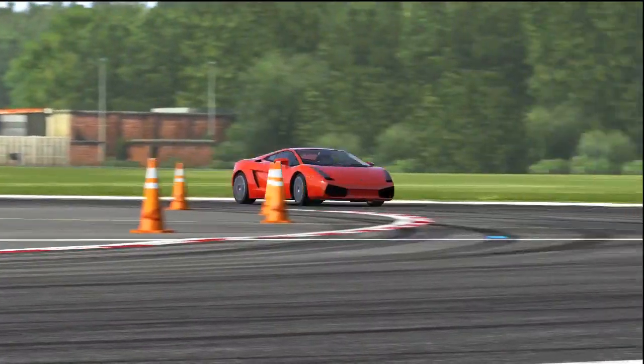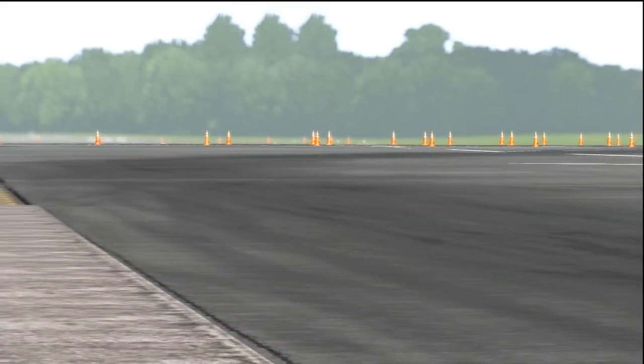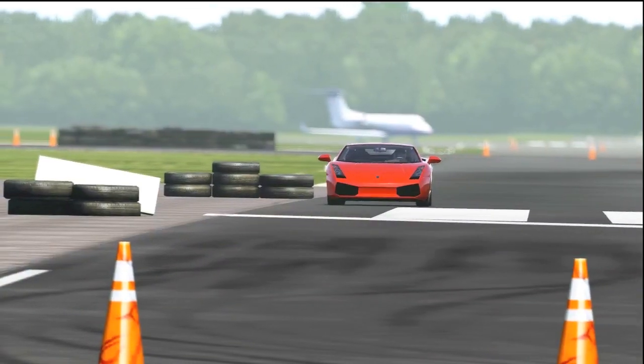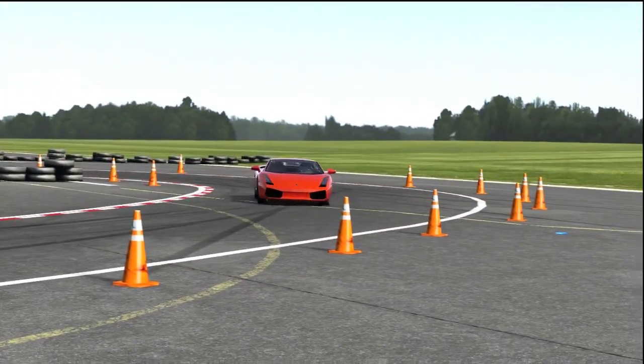But I did want to see how the Lamborghini would compare to the Audi, because when they tested this particular Lamborghini on Top Gear, they tested it under an extremely wet situation. So I wanted to get a better idea, and considering that my lap times have been fairly consistent to the Stigs in the past, I thought this would be a good idea. So, the